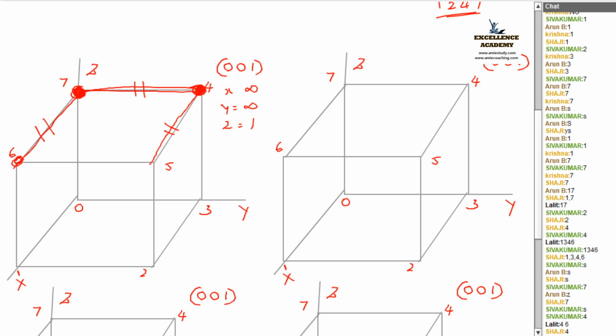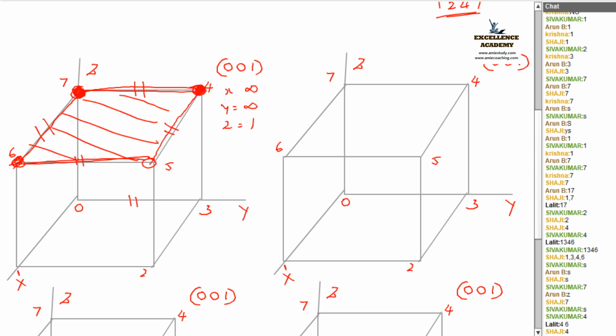Now you can check. The fifth point and the sixth point is not parallel to whom? The y axis, isn't it? So join it by means of a straight line like this. So now you can see that it is parallel to y also. So 7, 4, 5, 6 is my plane.